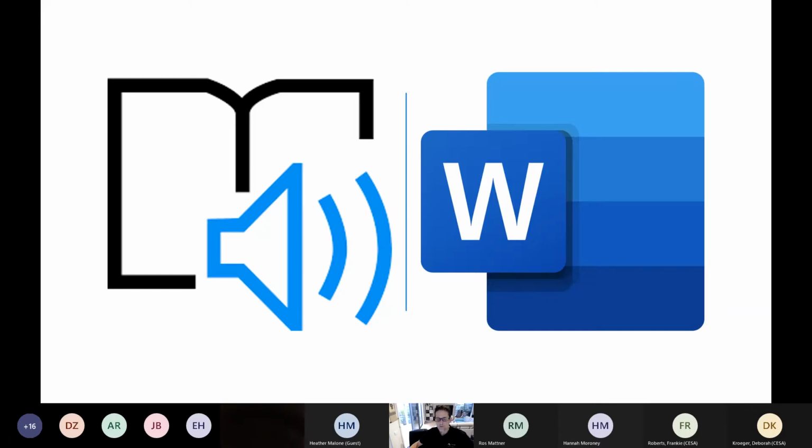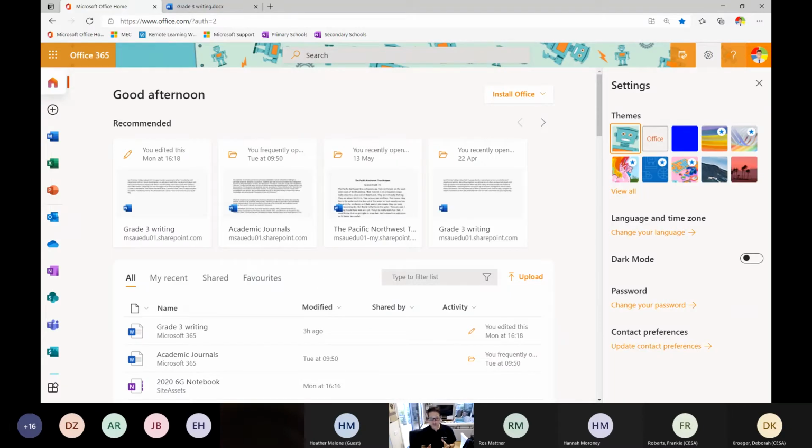Okay, so I'm going to show it to you in Word, but I'm going to show it to you in Word Online. Now, I just need to make sure that everybody understands the difference between the fully installed version of Word and Word Online. When you are looking at your machine and you use Word that you know and love, you'd probably just click on a little icon somewhere, or in the Start menu, you'd open up Word. However, we have a version of Word called Word Online, or Word in the browser, and we find that by going to